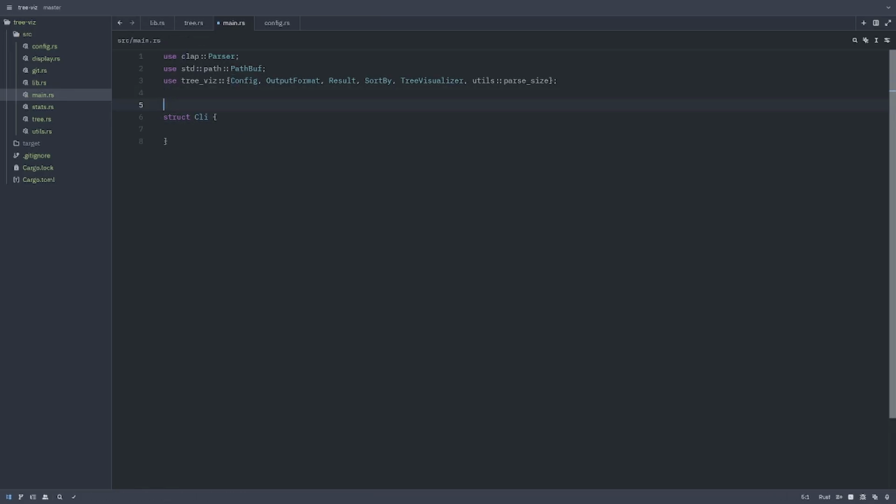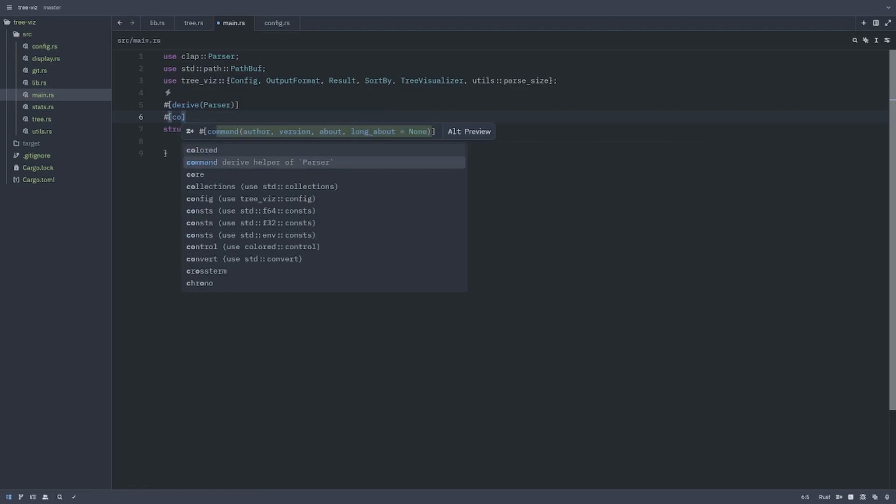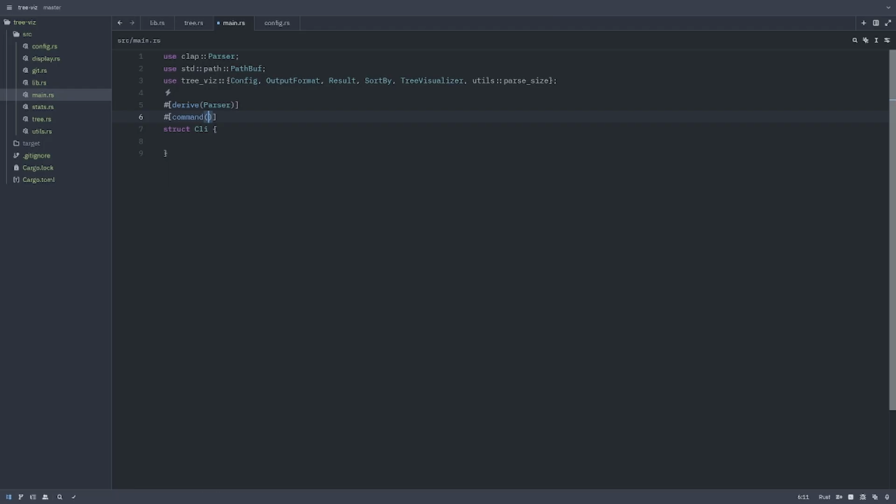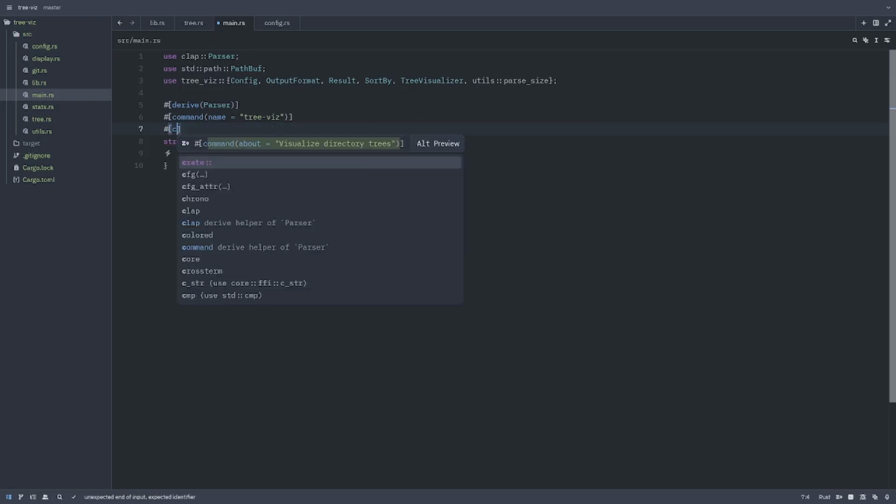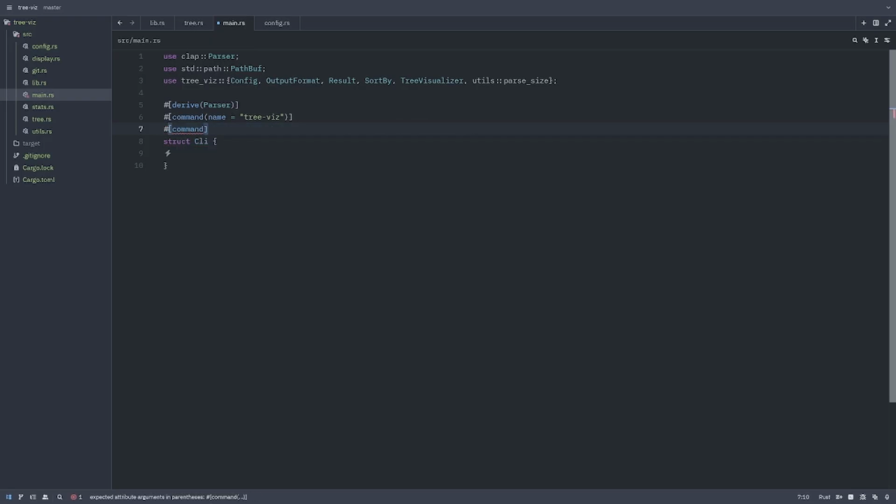Now, this struct Cli will derive Parser, and with the command attribute for the parser, the name will be preview, and the command about will be